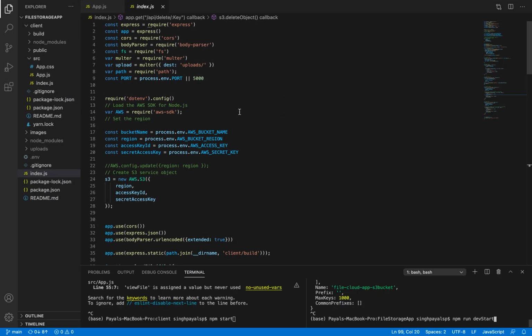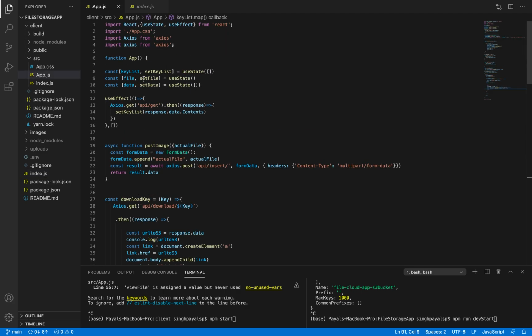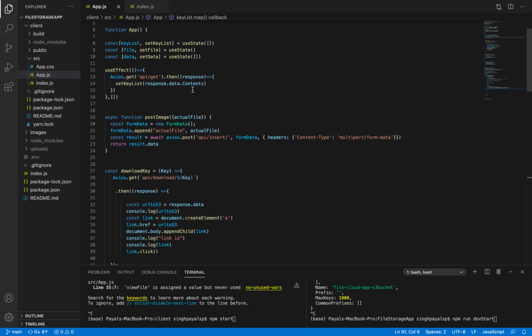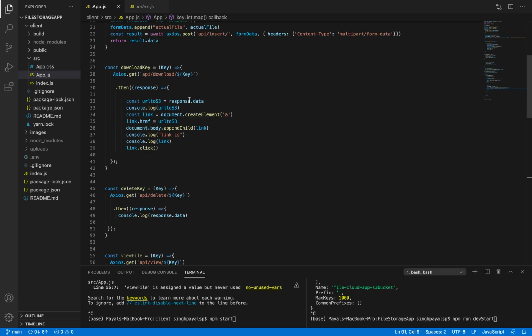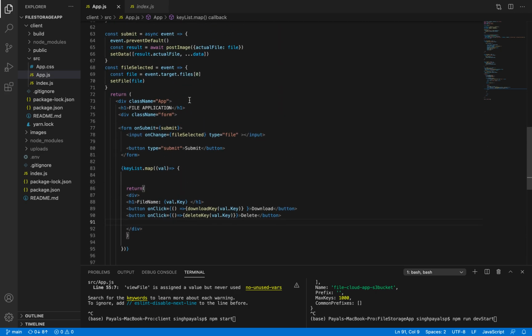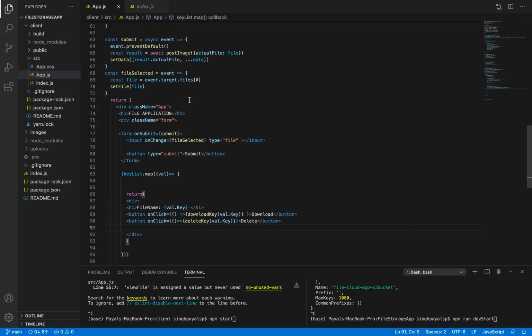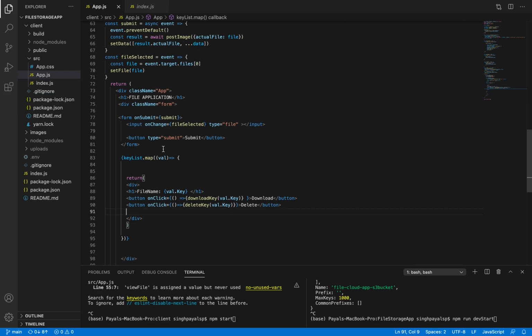Here you can see this is the client part, and in app.js, first I've imported whatever things are required in my application, like React and Axios. And after that, let's go to the HTML part. So let's first try to upload a file to S3.